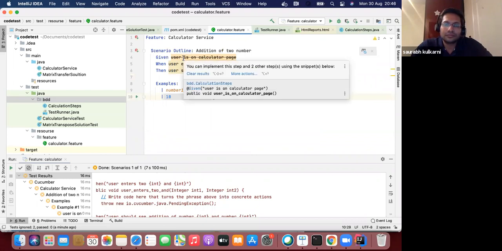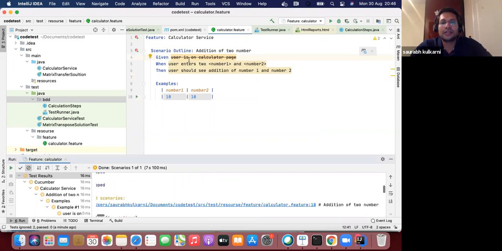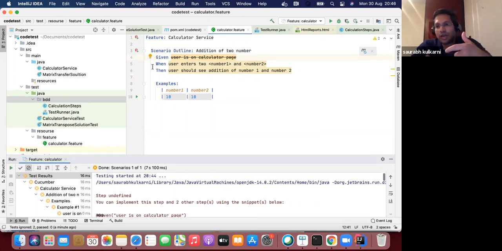Yeah, it's putting the scratch on this because we have not added the steps for this. So this is so smart. It is telling us by scratching the scenario that we haven't added the steps. So I have added the steps now and I have to rerun this. Perfect. We are rerunning the feature file now.